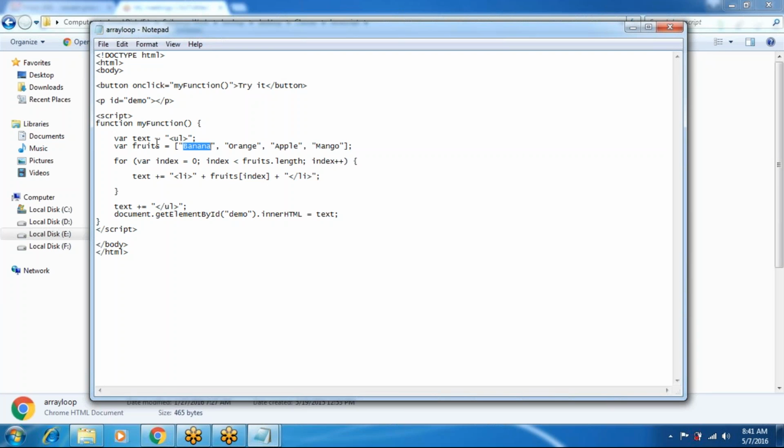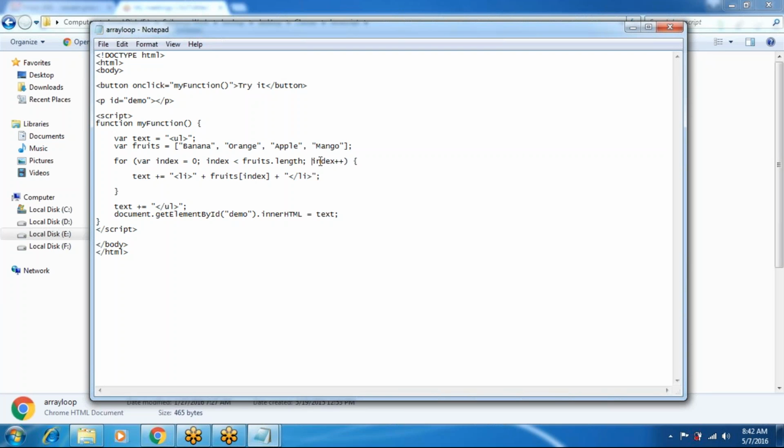So it will be added to this text variable, and next the loop goes to index plus plus. So index plus plus is 1, so 1 less than 4, the condition is true. So the cursor comes to here, and fruits of 1, index value 1, is orange, so orange is also added to the text variable.